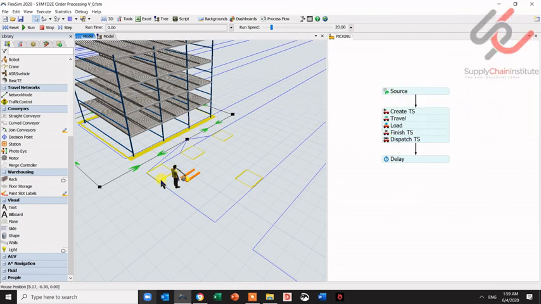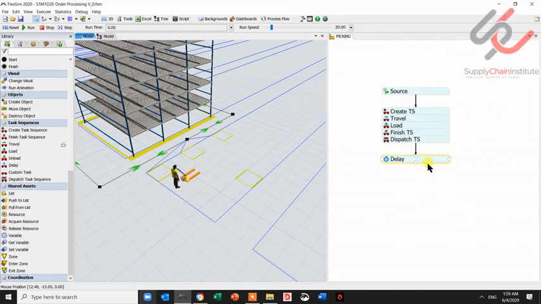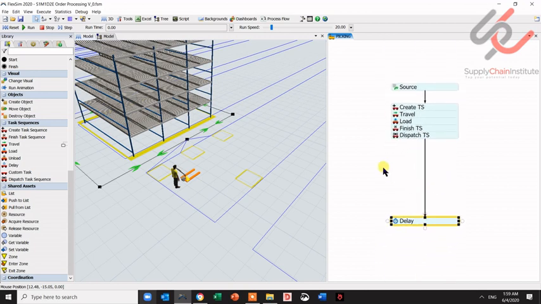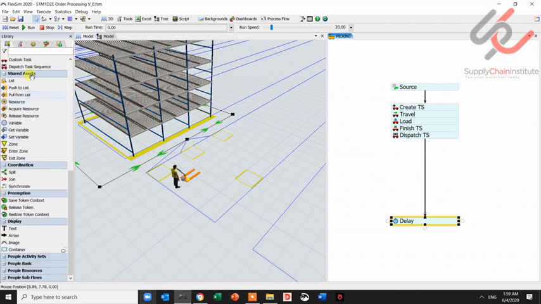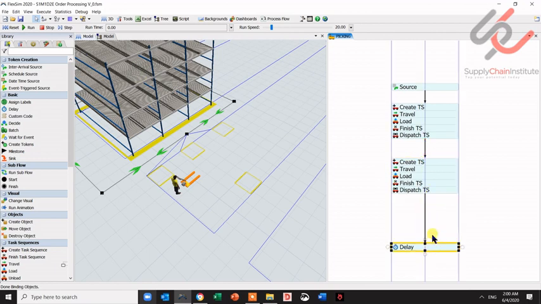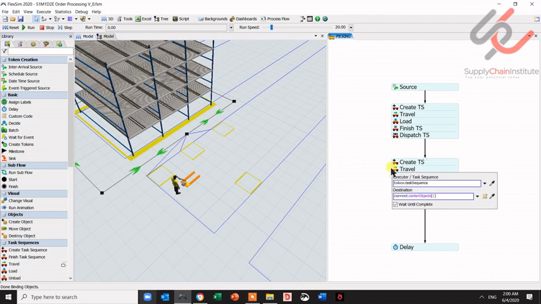Now we want to go ahead and pick. Remember to save. Let's go ahead and copy by pressing Ctrl C, Ctrl V. Let's copy that task sequence. And then instead of traveling to number 1,